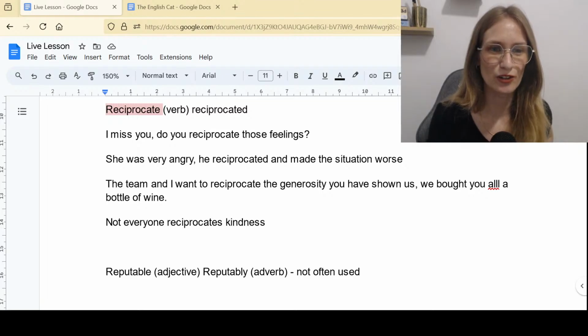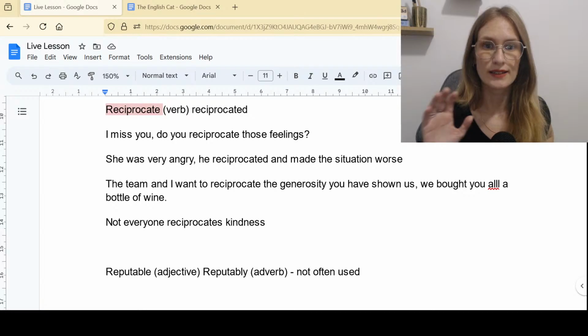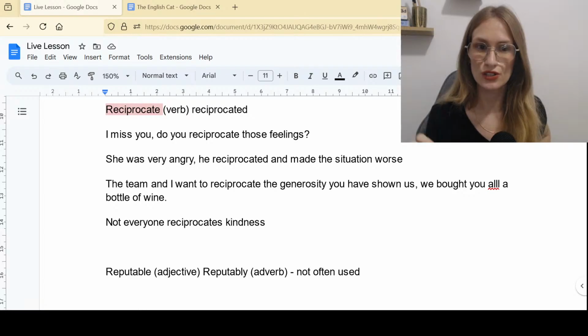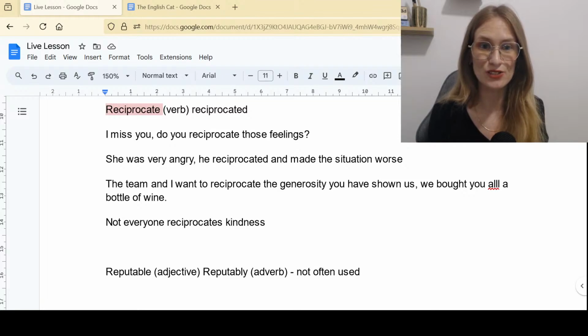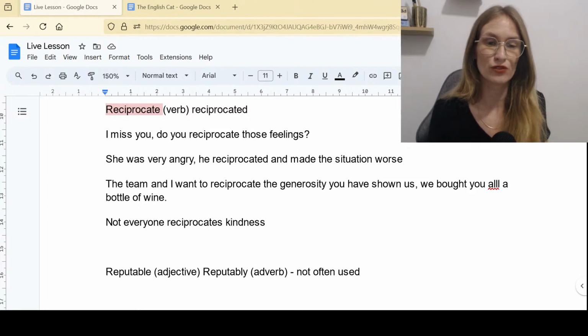So our next word, reputable or reputably, is the adverb. Now, I will say the adverb is not often used, so you don't need to worry too much about this word reputably, and you don't need to worry too much about the pronunciation. It's quite difficult. Reputably. It's not often used, but reputable is often used, and reputable means,